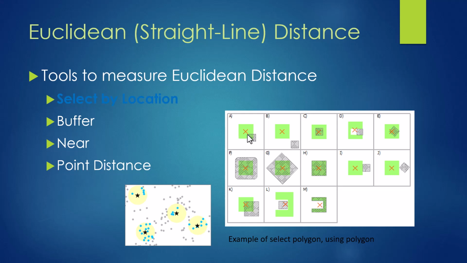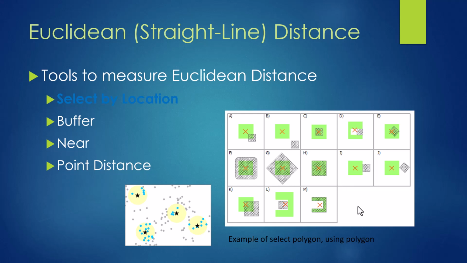As you can see here, we have two layers, one in green and another one shaded. So imagine you have two sets of data. One can be representing the locations of parks and another representing the locations of schools. So with select by location, you can ask the GIS software to find all the parks that are within a certain distance from schools. So select by location helps you identify and highlight specific geographic features based on their spatial